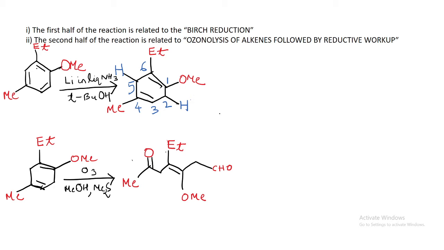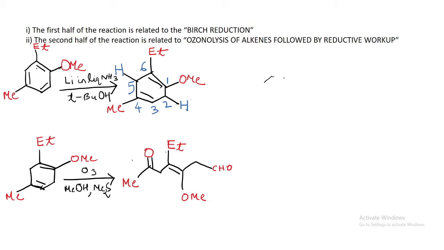So how do we solve this question? So this is a two-part question. In the first part, the reagent used is lithium in liquid ammonia, tertiary butanol. So this is Birch reduction, that is dissolving metal reduction. So what are the products obtained in a Birch reduction transformation? So Birch reduction is generally used to convert aromatic rings to